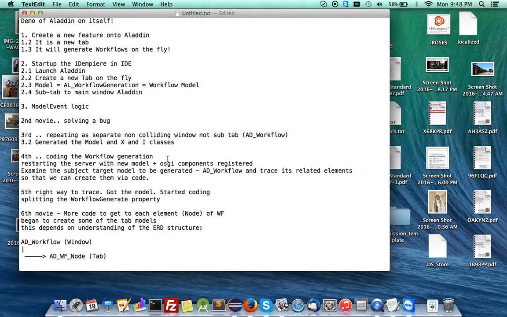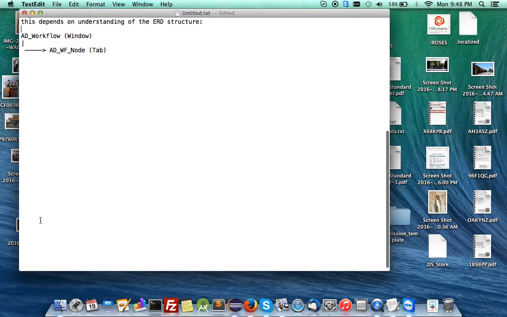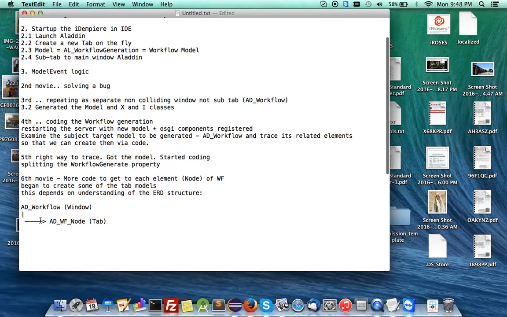Now we have the sixth movie right here. The sixth movie is to get more code to get each element of the node. I figured out that the scripting to resolve this is we'll first put the workflow name, and then I'm going